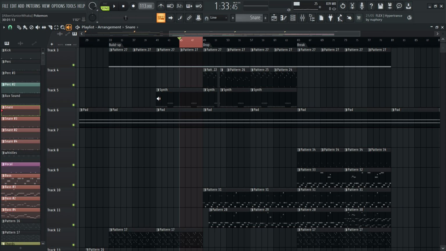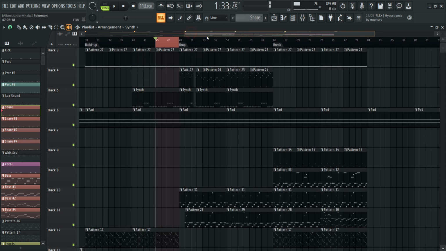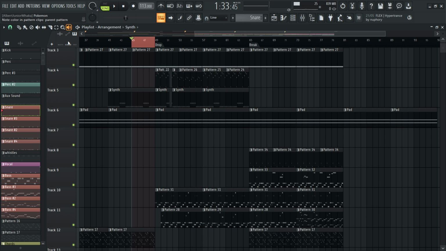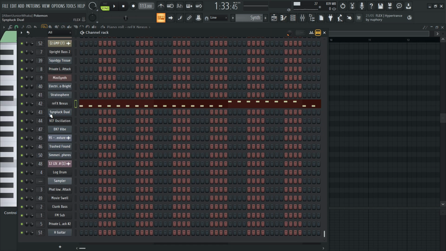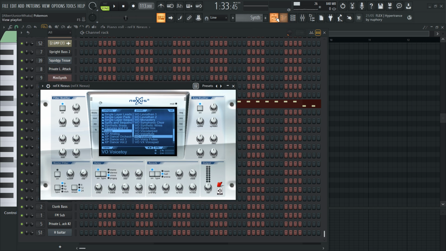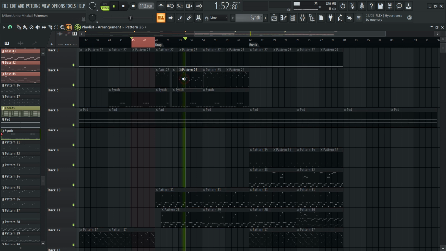And for the synth, I use this. That's Voice Toy from Nexus. That should be here. Yeah, Voice Toy. Good sound. And then from there I just brought back the same sound from the beginning on the drop,